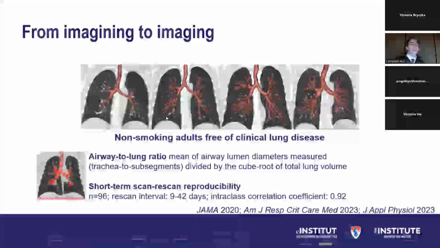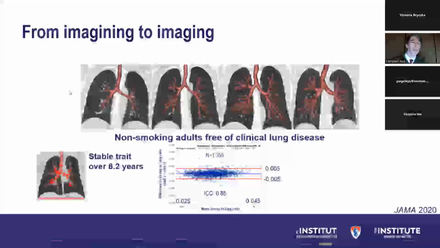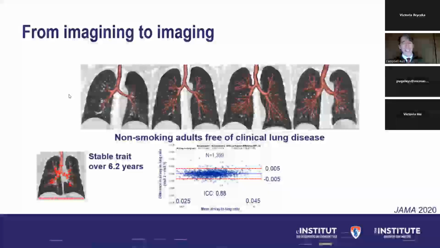This measure has some nice research properties and clinical properties in that it's highly reproducible. Even if you take people and scan them twice a few days apart, you get very consistent results, with little variation between the measurements within individuals and most of the variation coming from between individuals. If you follow people for a really long time, well, for 6.2 years, this trait doesn't seem to vary very much. This is in adulthood, of course. So it seems to be a stable property, for better or for worse.